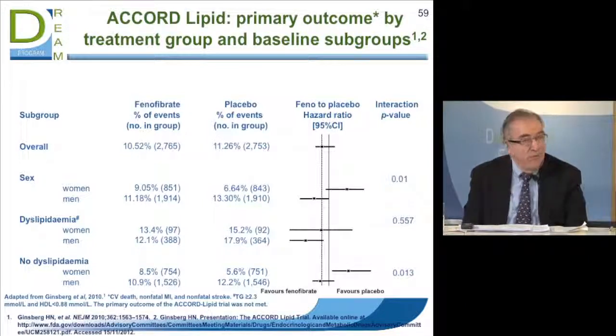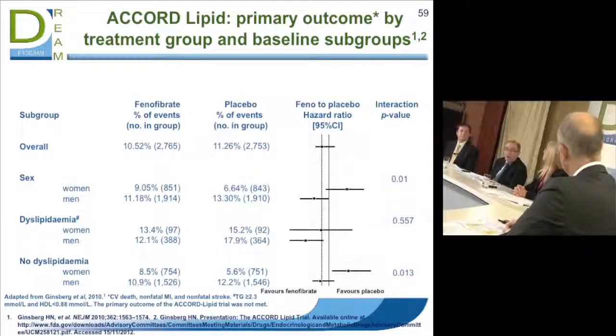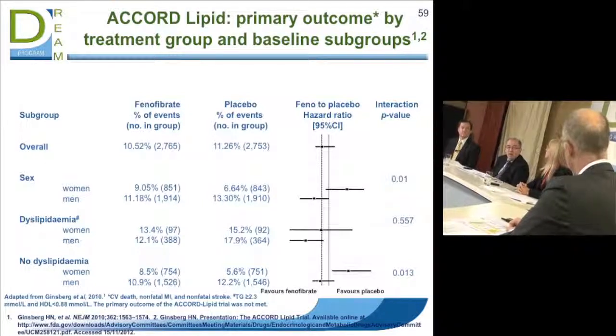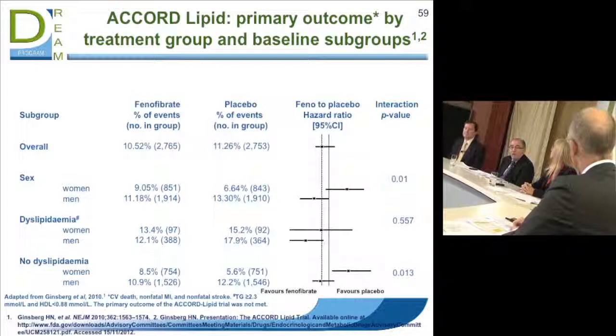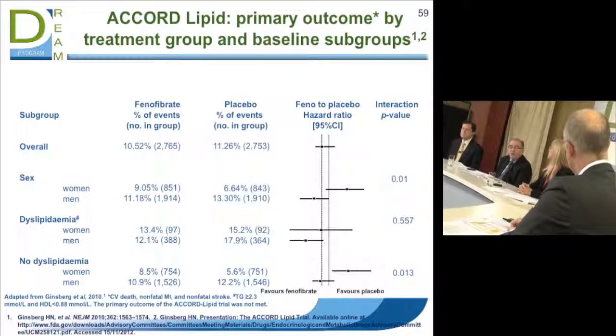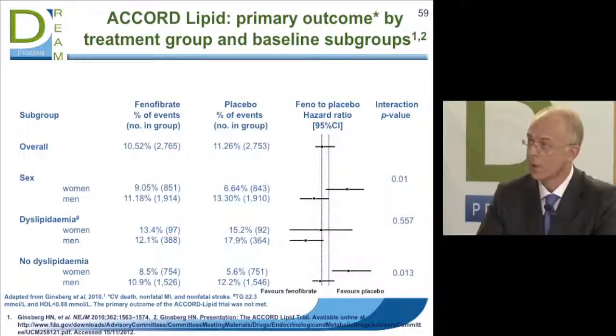You're always worried about subgroup analyses, but it is something we're thinking about. At least though in the dyslipidemic women, it appears that they certainly are in the direction toward benefit. All right. Tony, is there any evidence that such an effect is seen in the field as well?